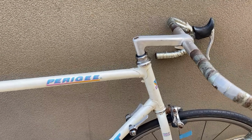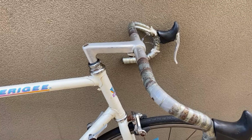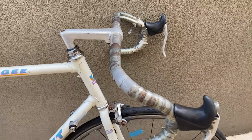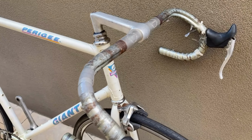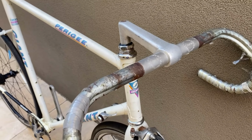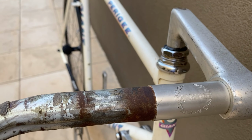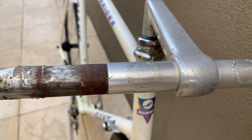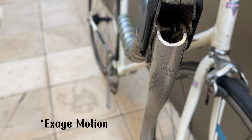Okay, looking at this one, plan would be same or similar to Kawahara. Flat bars, maybe keep the drops, turn it into a flat bar shredder racer. This one has a champion bars, reasonable brake levers,